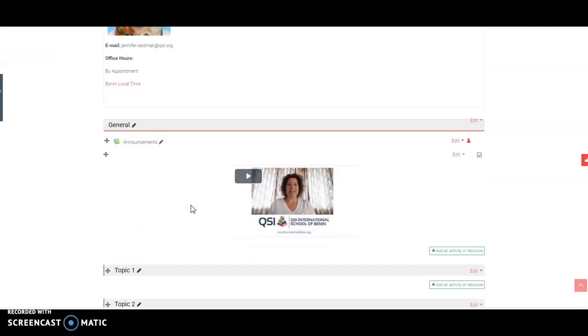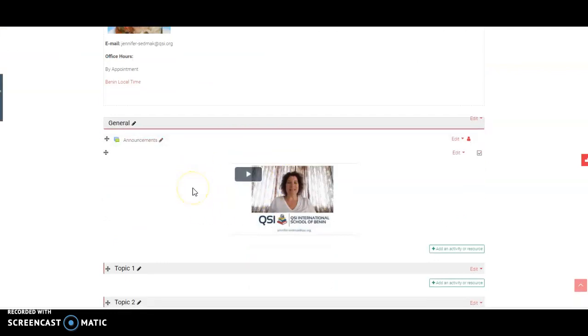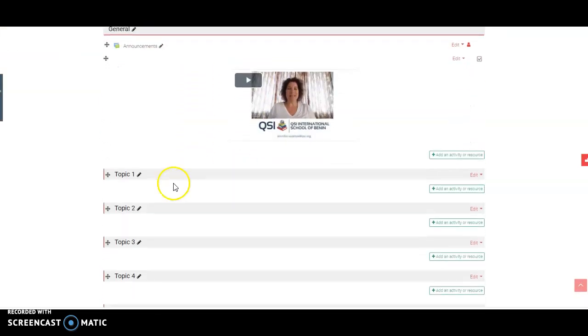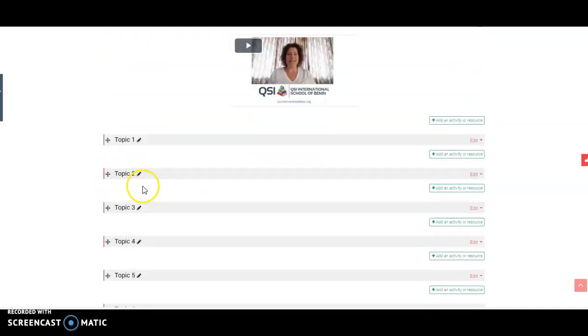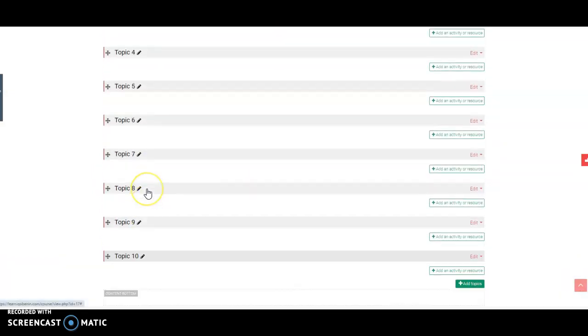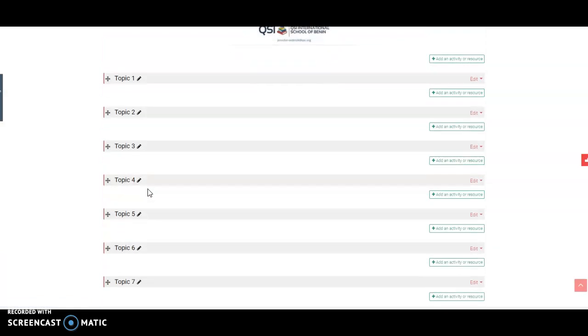Okay. So there you have it. That's the first part. Now, how you go about changing the names of these tabs. So I made 10 tabs for everybody. And how you go about changing it, see the edit button over here. If you click on that and you click edit topic,